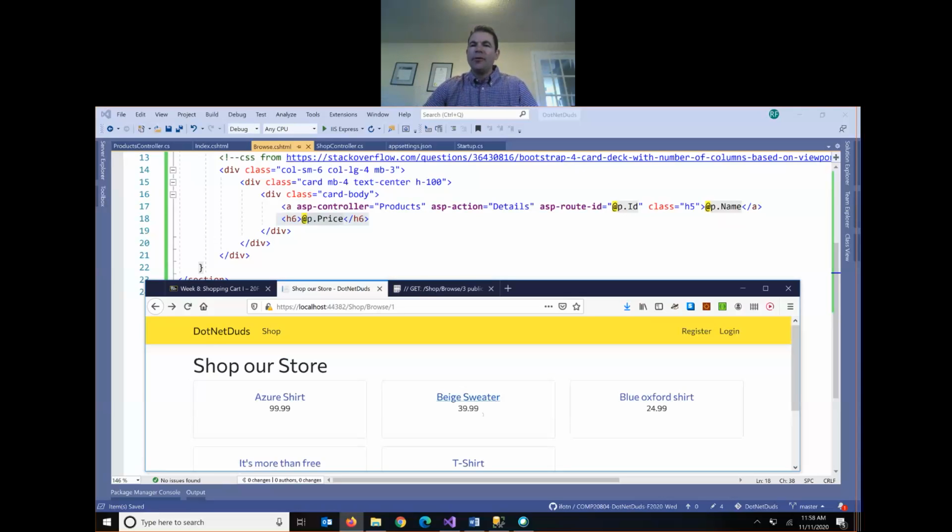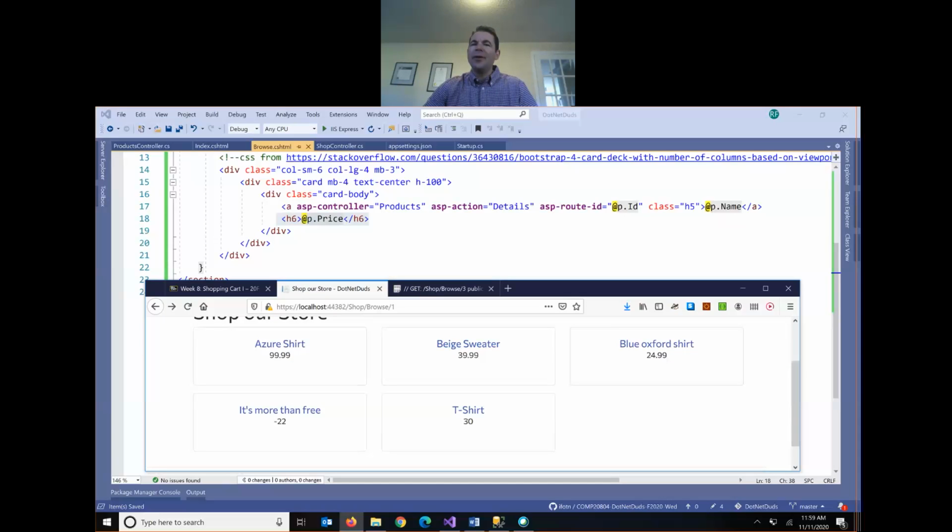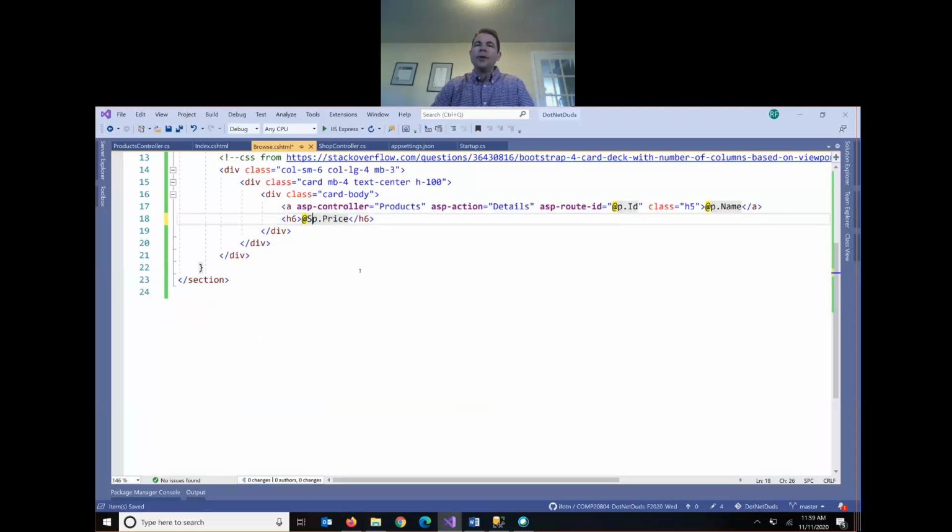Okay, so we've got our prices. Now, they're not formatted as currency. So we also want to use a formatting function here to reformat the price so it displays as currency. So I'm going to use